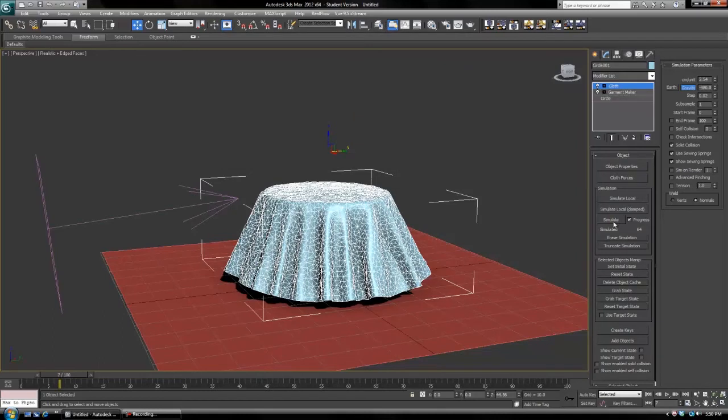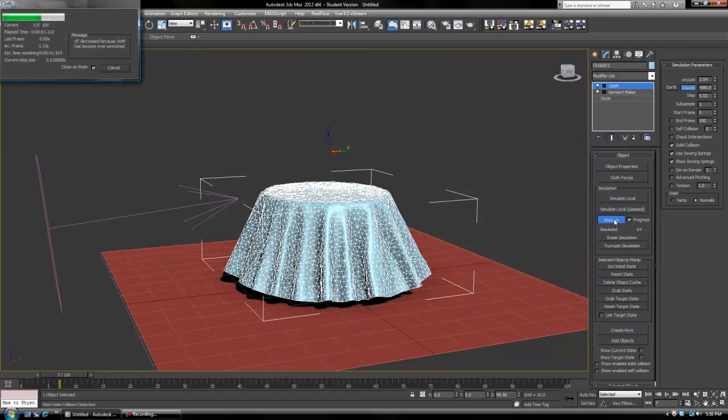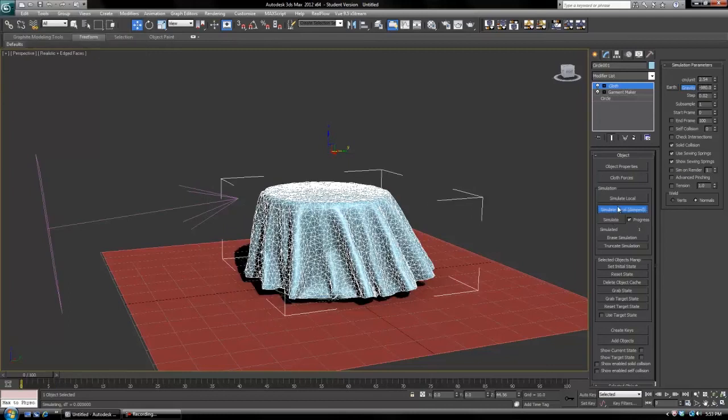And basically now when we simulate, it's going to take the wind into effect and animate. I'm going to pause this here and wait because it's going to take a second to simulate, so I'll be back in when this is done. Alright guys, so I just decided to go back and fix my simulate local so it's at 0. And so now I'm going to click simulate,